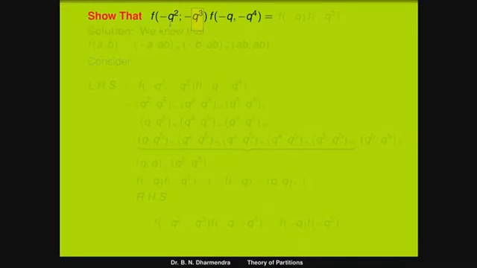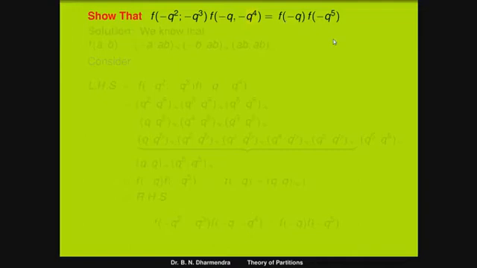And here also, minus q and minus q to the power of 4. A into b means q into q to the power of 4, minus into minus is plus. The base is the same, so we can add the powers of q: 1 plus 4 is also 5. The result appears as f(minus q) into f(minus q to the power of 5).